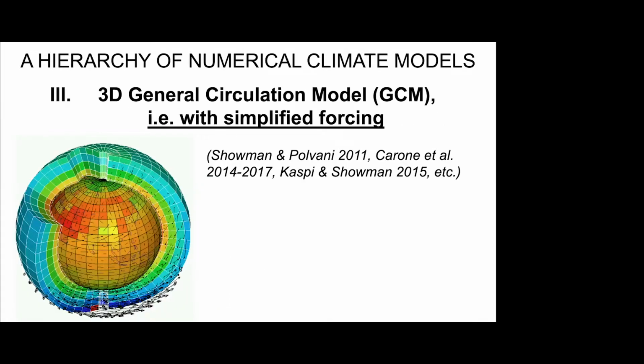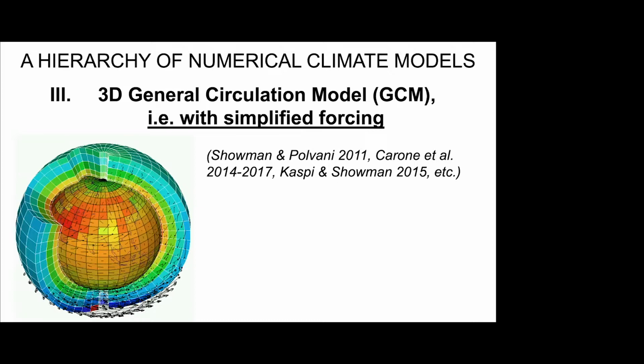And so I present to you the first kind of three-dimensional model that has been developed. That's what we call the general circulation model, also called GCM. The first ones I would like to discuss with you are the ones with simplified forcing. The idea of a general circulation model is to have a nice solver of the hydrodynamic equations on a rotating sphere, but with very simplistic physics, very simplistic radiative transfer and thermodynamics equations, to allow you to compute quite fast the kind of circulation regimes that you may have on planetary atmospheres.